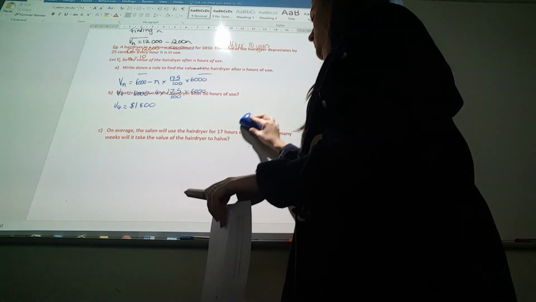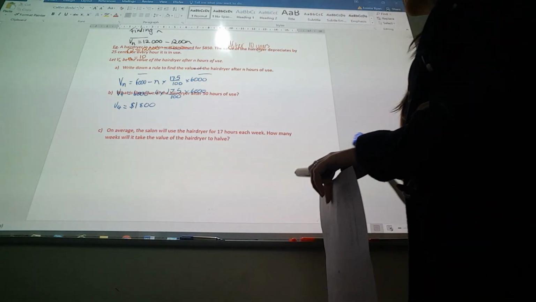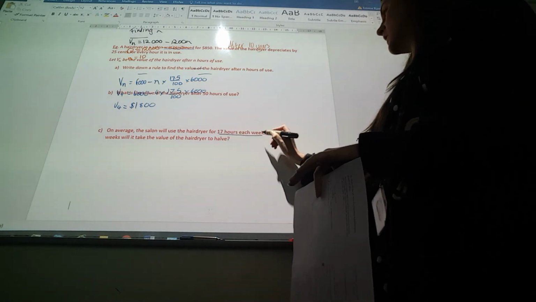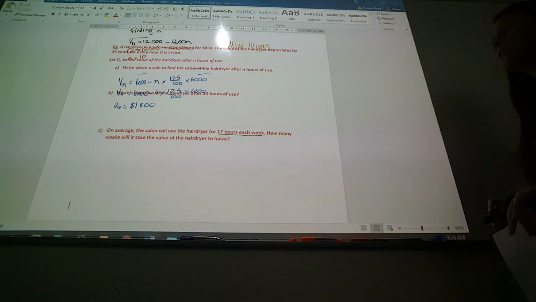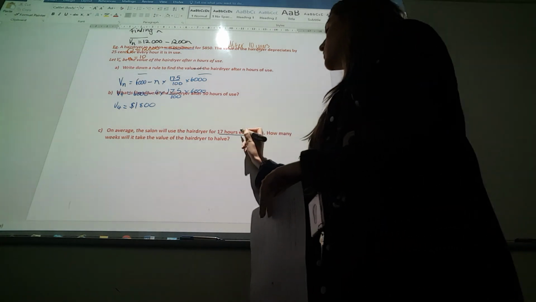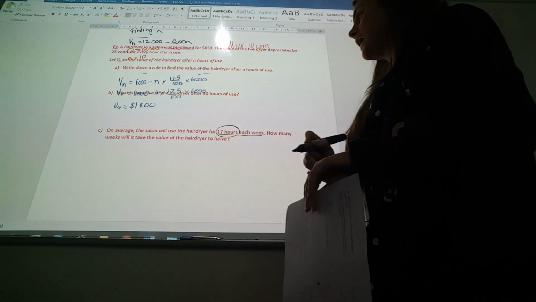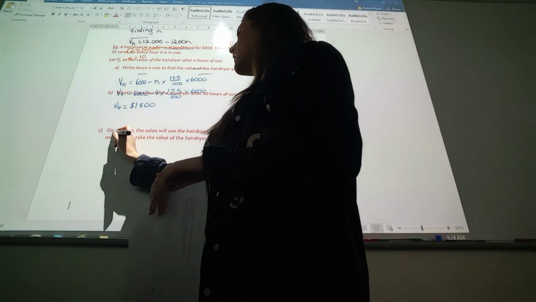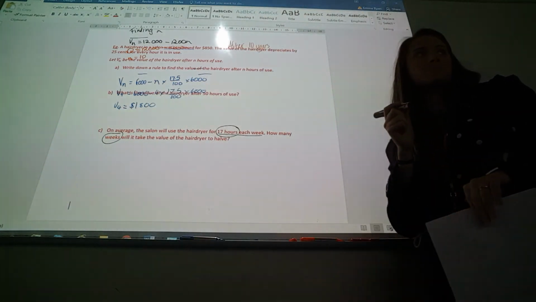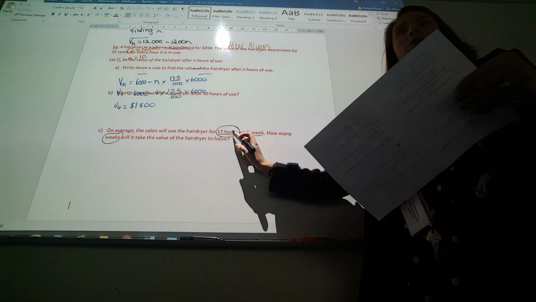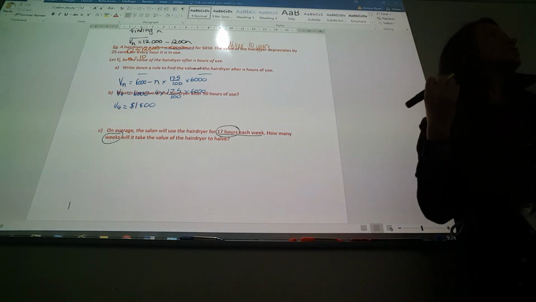Okay, this last one's a little bit trickier. So on average, the salon will use a hairdryer for 17 hours each week. How many weeks will it take for the value of the hairdryer to halve? So a couple of things here. Usually we've been talking in hours, and the question is asking us about weeks. So because we're talking about hours, the answer we find is going to be in